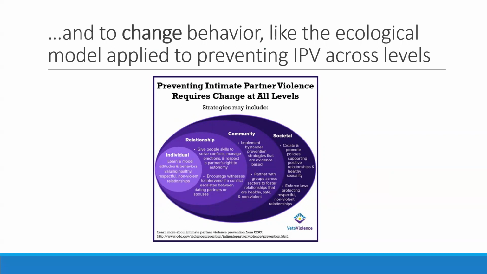So at an individual level, this could be trying to change people's attitudes, working one-on-one with people, maybe with people who have been convicted of violence against women, perpetrators who have been arrested and have a history of it, and actually trying to do counseling and one-on-one sessions with them to change those attitudes and improve their